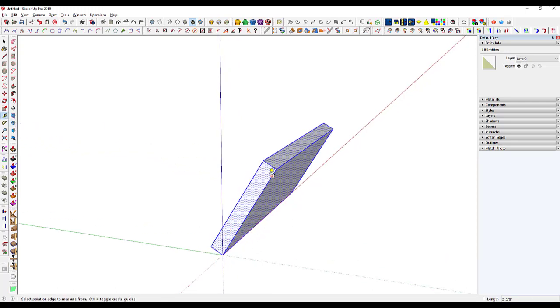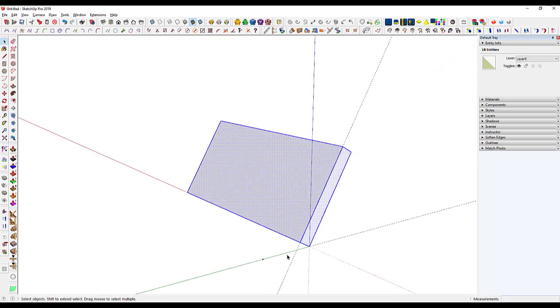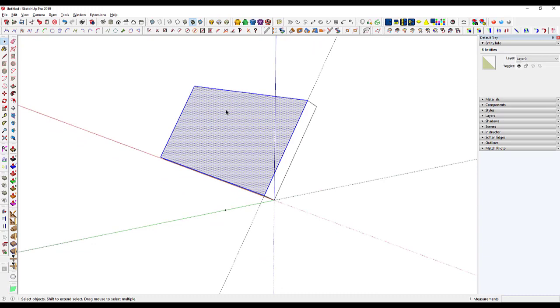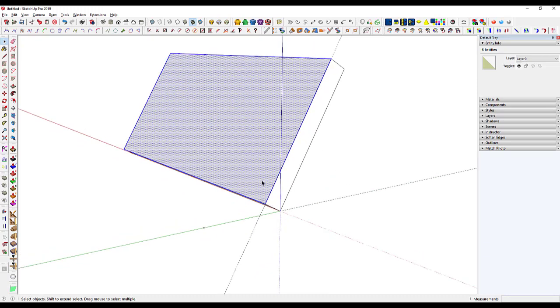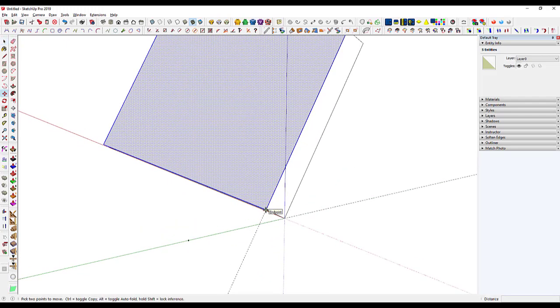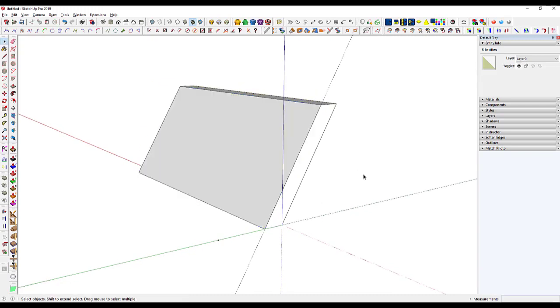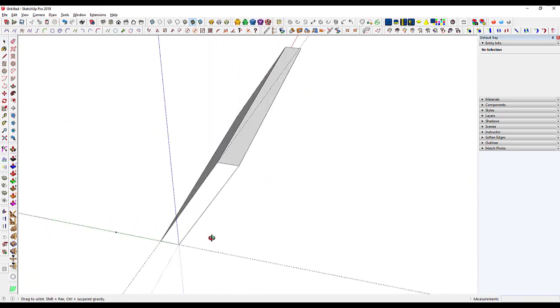I'm also going to place a guideline, I'm just putting it on the green axis, and then one along this inside edge, and then with a double click I'll select just the inside face of the box and use move, follow that guideline down to the intersection of the two guidelines. So now I've put the bevel on the top and bottom of the box,